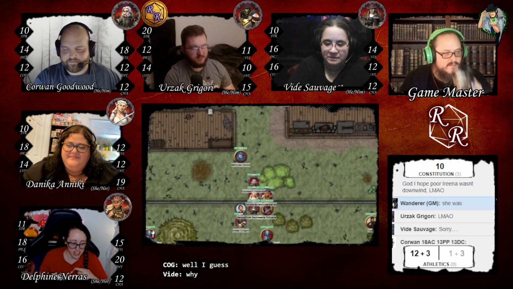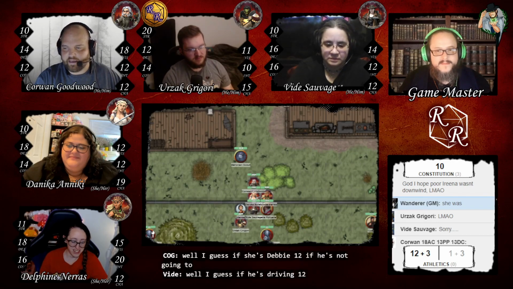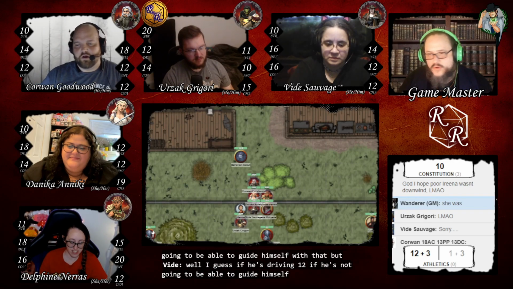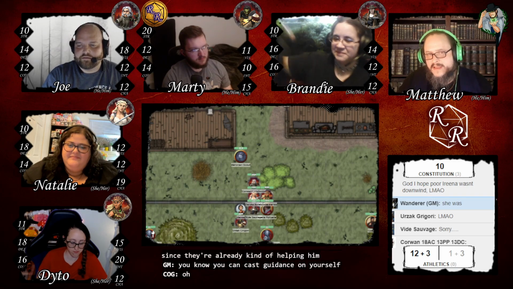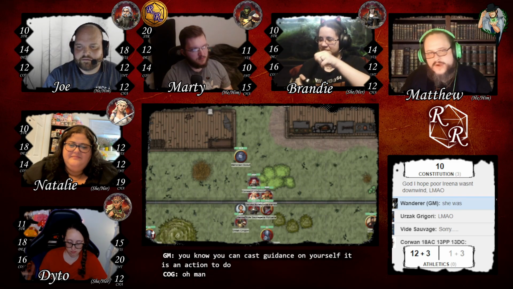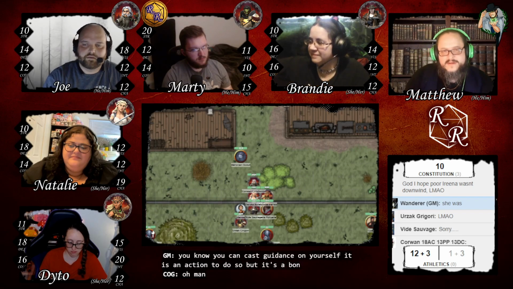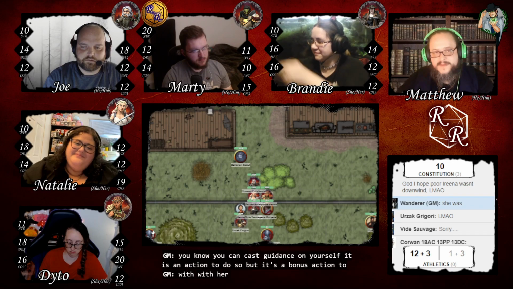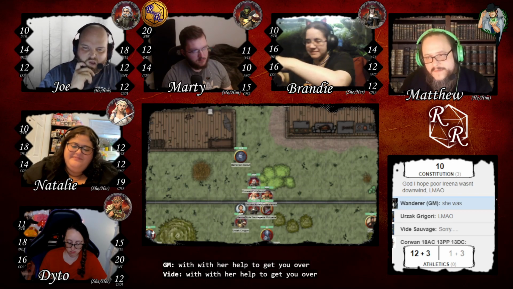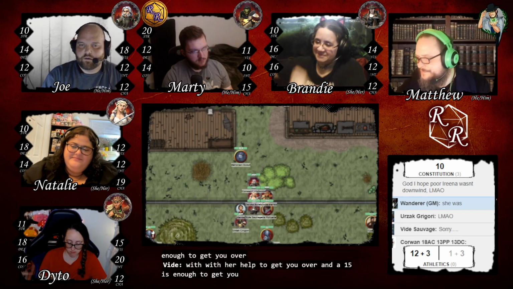Well, I guess 12 if he's not going to be able to guide himself, but since they're already kind of helping him, you can cast guidance on yourself. It is an action to do so, but it's a bonus action with her help to get you over. And 15 is enough to get you over.